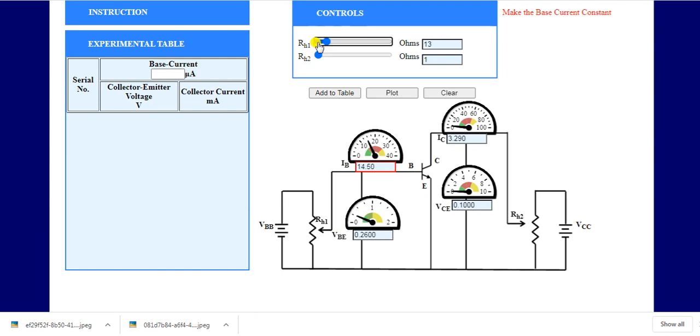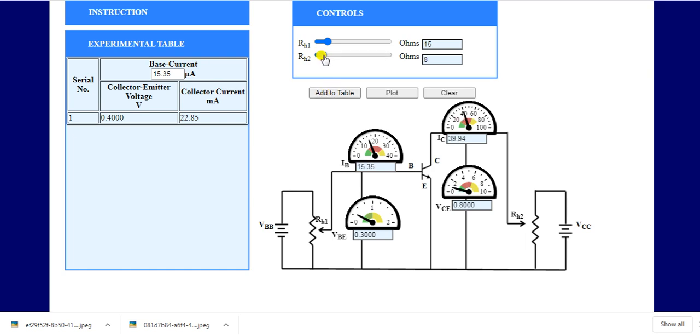So this is the value of IB which we have to fix at 15 microampere. Now change the value of VCE by changing the value of RH2 and add this value to our experimental table.